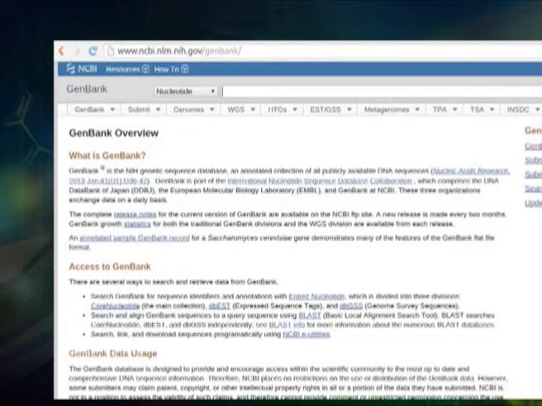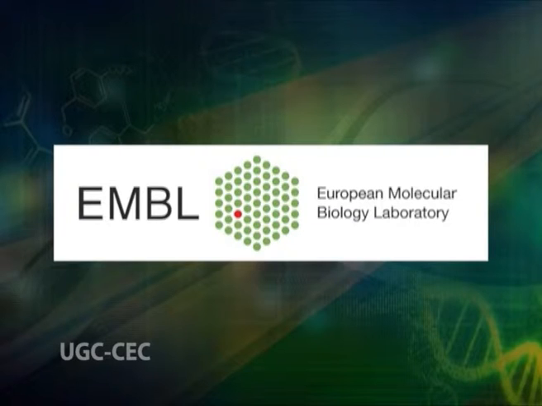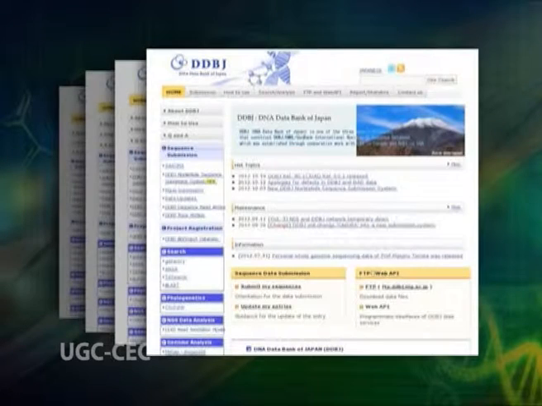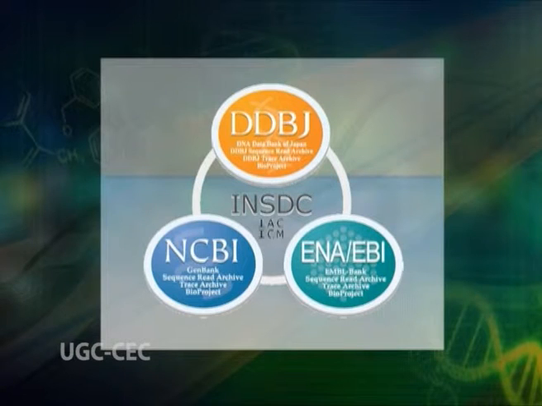GenBank is located at USA and is accessible through NCBI portal. EMBL, that is European Molecular Biology Laboratory, is located at UK, and DDBJ, that is DNA Data Bank of Japan, is located at Japan. All the three have uniform data formats, but not identical, and exchange information on a daily basis. All these databases are the part of International Nucleotide Sequence Database collaboration. As all the three have same data format, GenBank database can be taken as an example to explain the data entry. As an example, we can discuss GenBank flat file format of Saccharomyces cerevisiae, that is yeast TCP1 beta gene.